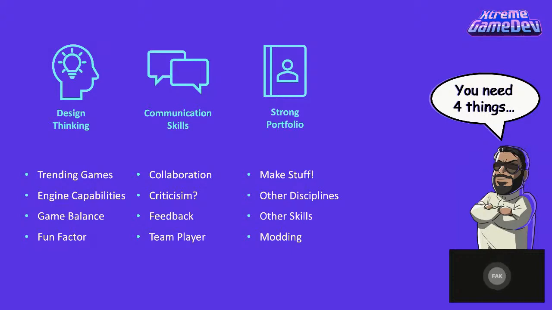Remember, whenever you say that you did something, make sure you show where you contributed in the project. Not just say, I've done this game, but what exactly did you take part in the game development process if you're part of a team?